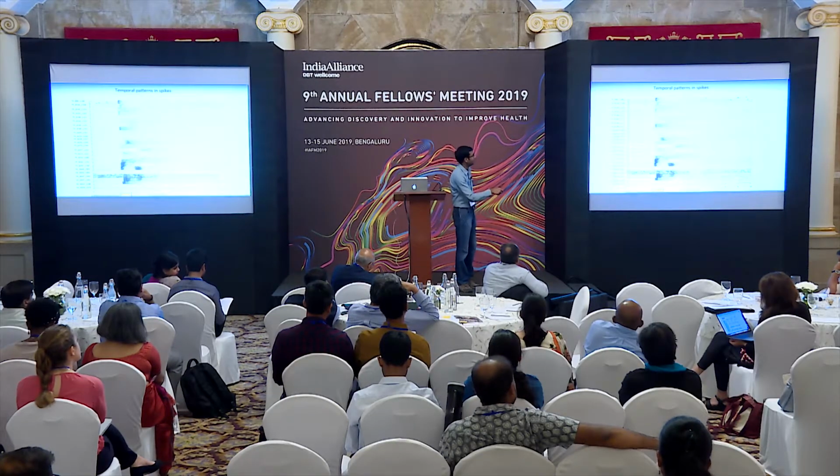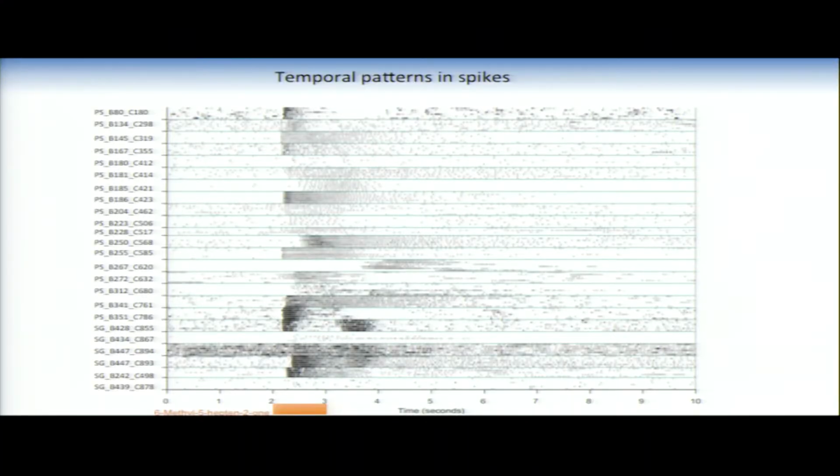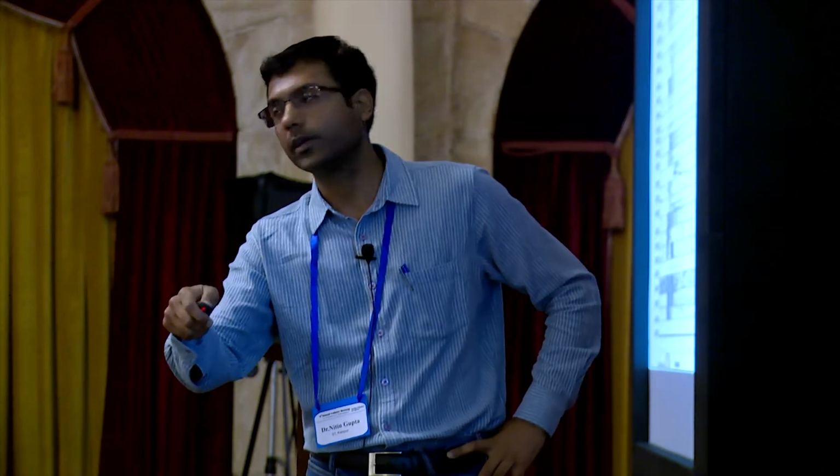Another thing we found is that now we are looking at a single odor here, and these are the responses of different neurons to a single odor, 6-methyl-5-heptene-2-one. So all these neurons are responding to this odor in different animals. But what is interesting is that they are not all responding in the same way. So some neurons show an excitatory response for a short while and then show a period of inhibition. Some show a prolonged excitatory response, and some show excitatory responses but starting after a delay. And some show excitatory response, inhibitory response, then another excitatory response.